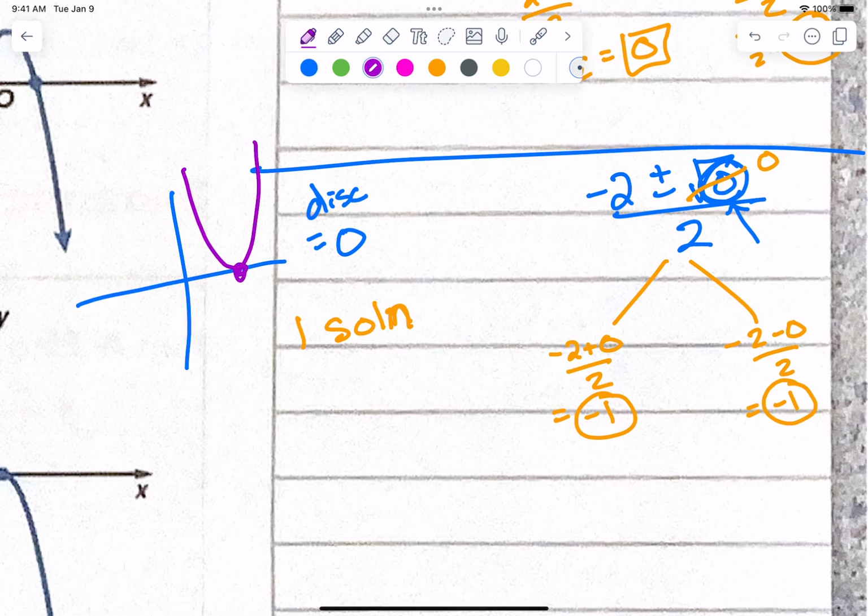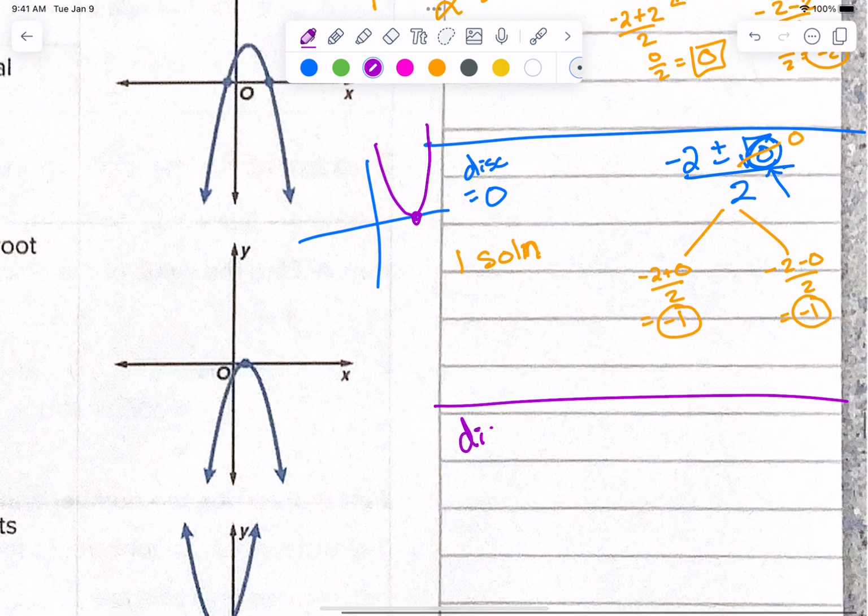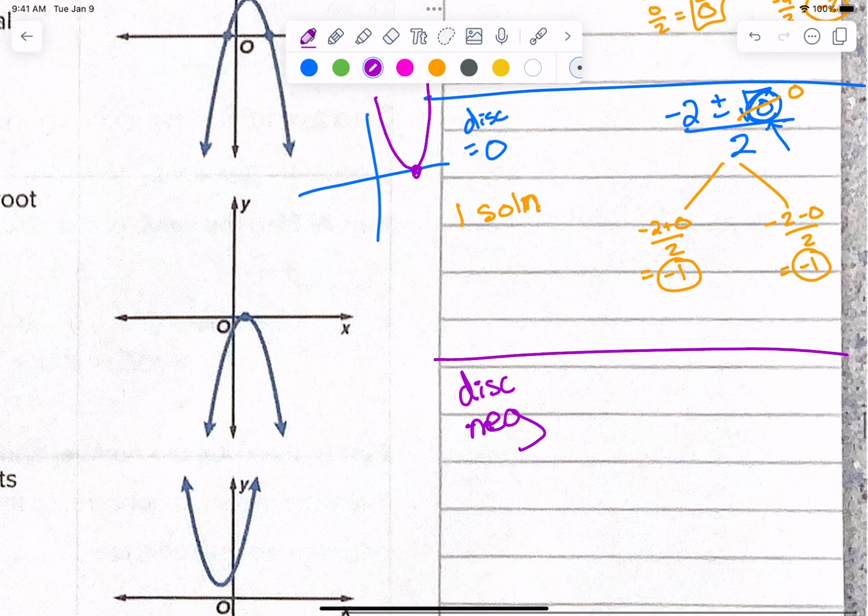That means I only have 1 solution. Got it? Okay, now, third scenario. This is the last scenario. If my discriminant is a negative number. So I'm going to use the same